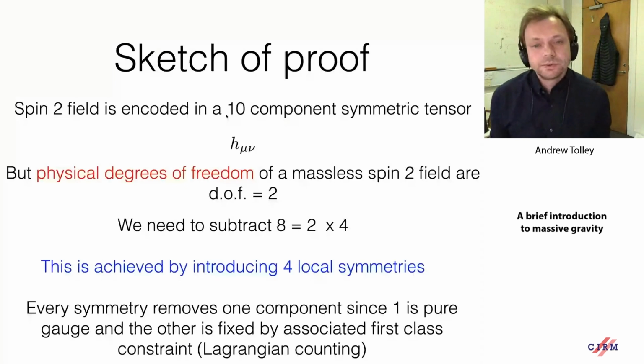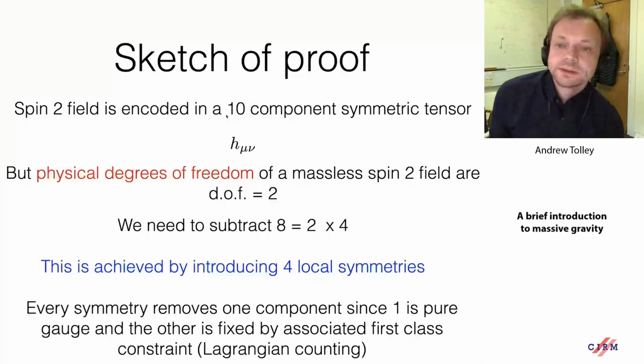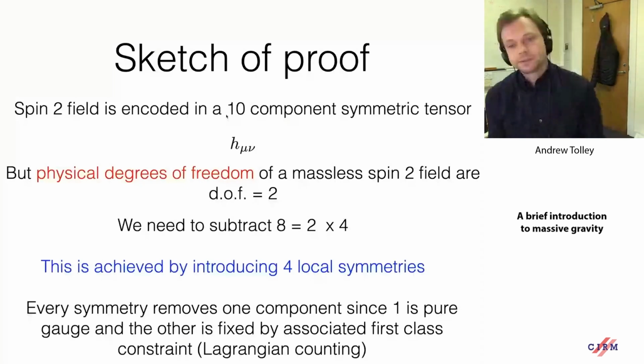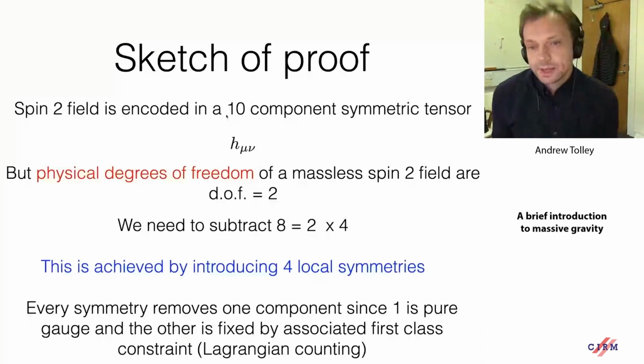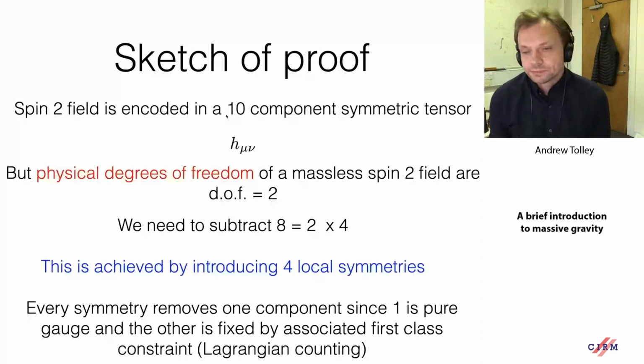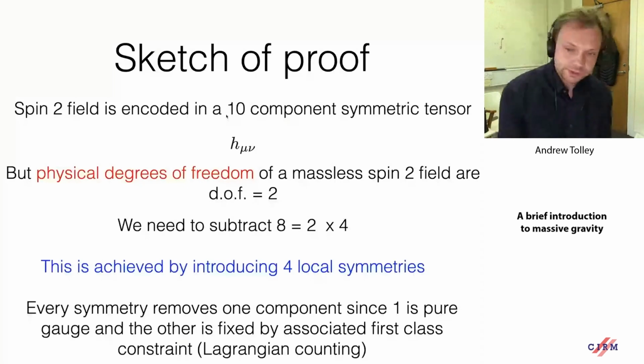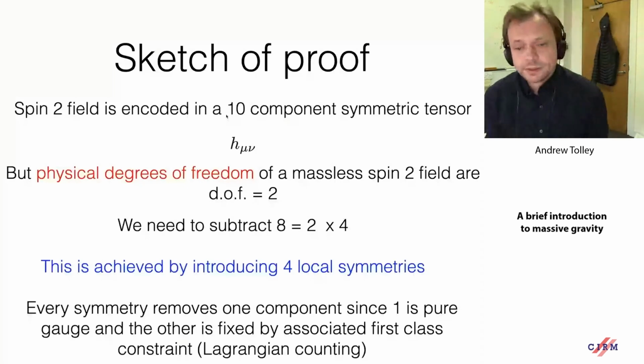And so when we write down a theory of an interacting massless spin 2 particle, we need to remove those 8 degrees of freedom inside the 10-component symmetric tensor, the 10-component h mu nu. And to remove those 8 degrees of freedom, the way we do that is introduce 4 gauge symmetries. Now we only need 4, not 8, because when we have a gauge symmetry, every gauge symmetry in the language